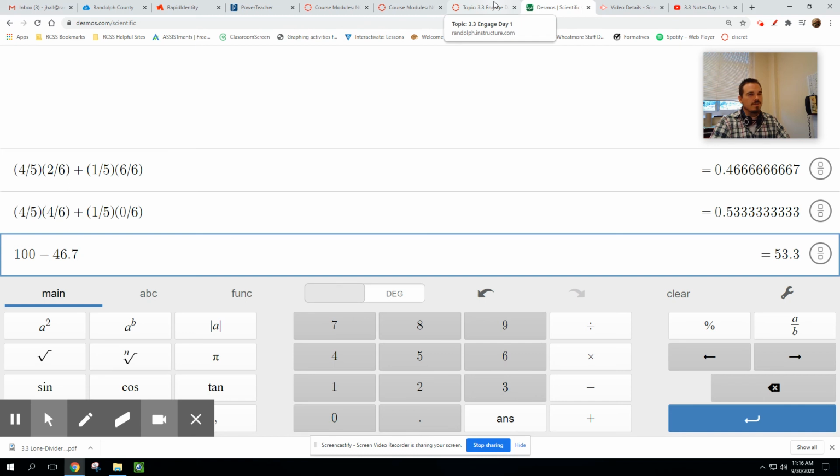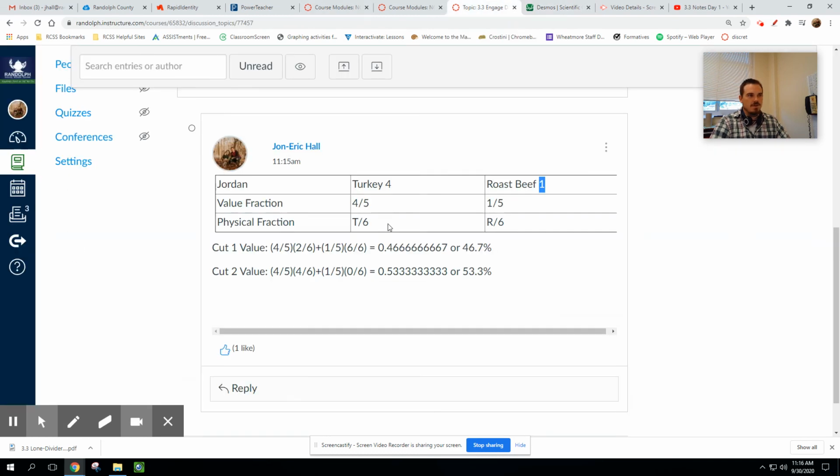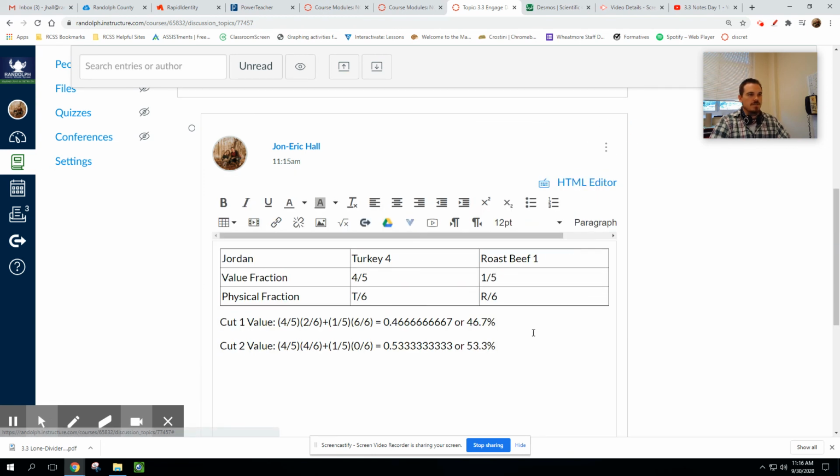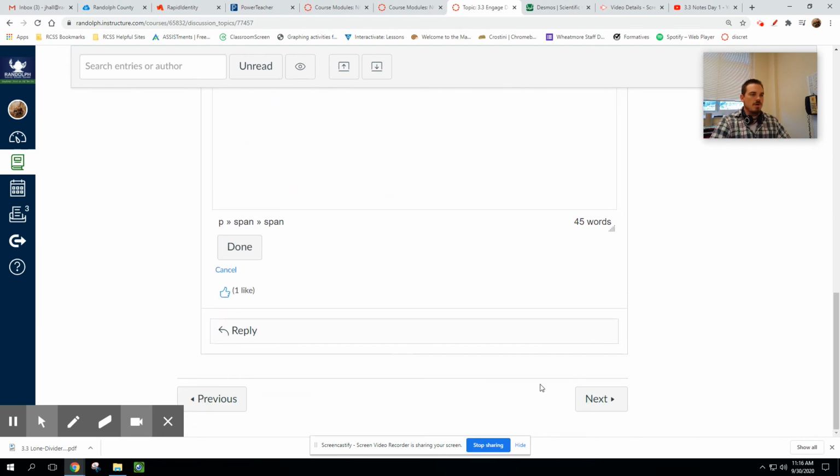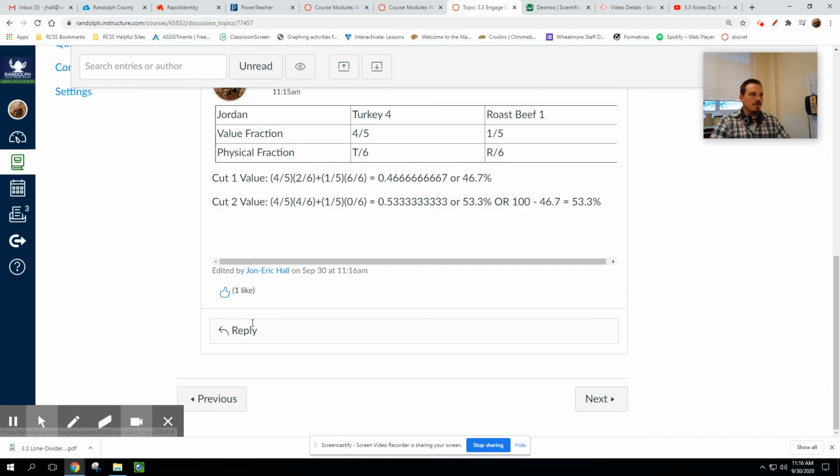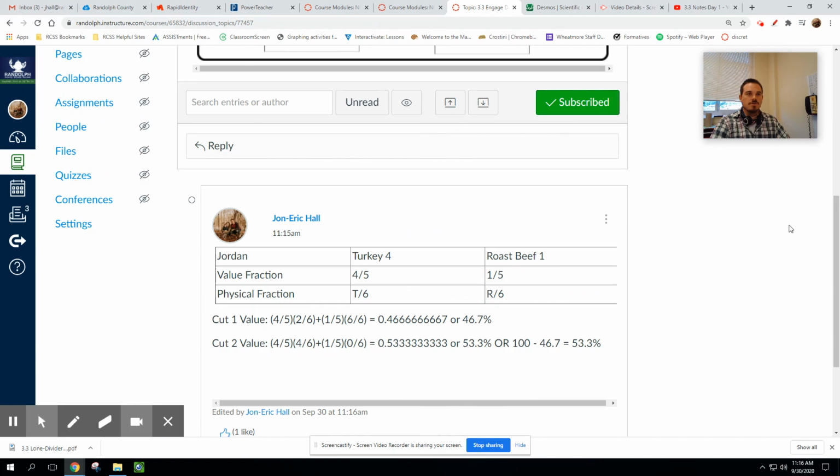You really didn't even need to do the math because there were only two pieces, besides the 100 minus that. So I did the math, but you could have done 100 minus 46.7, which equals 53.3%. Either one of those would be fine. I'll hit done. There's my answer. Good to go. Make sure